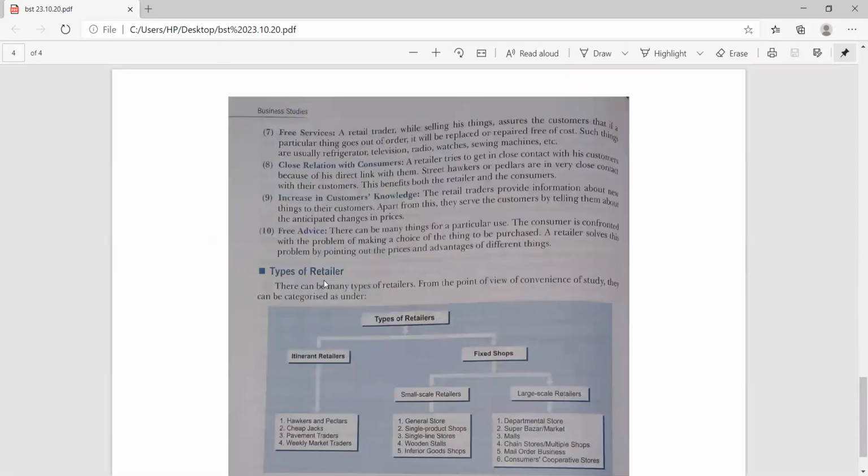We will just discuss the flow chart only related to the types, and I will discuss each and every type thoroughly in our next meeting. In our next lecture, we will discuss the types of the retailer. But here a flow chart is floating on the screen. You may see the wholesaler doesn't have various types, but the retailers are of various types.